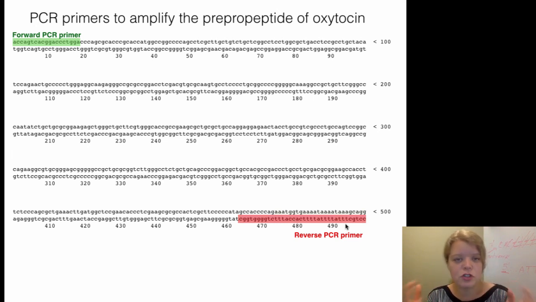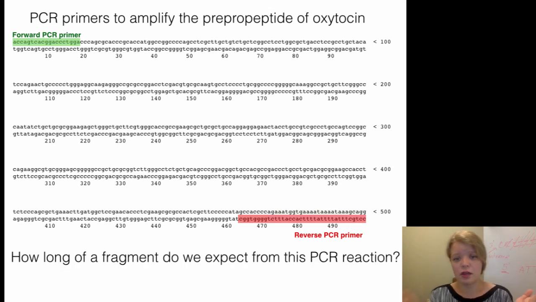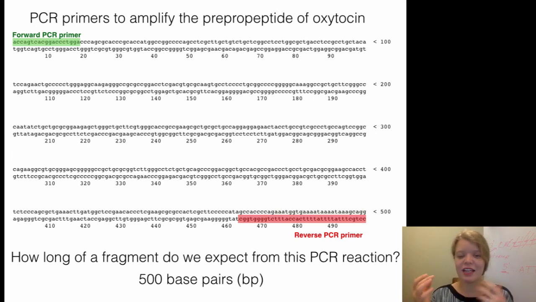If you guys just look at the sequence and think about it just a little bit, you can totally tell me how long the expected PCR fragment will be. When we run this PCR reaction and then run it out on a gel, how big of a band are we looking for? So, any ideas? Well, it will be about 500 base pairs, simply because this thing says 500, and our reverse primer begins right here. So the only